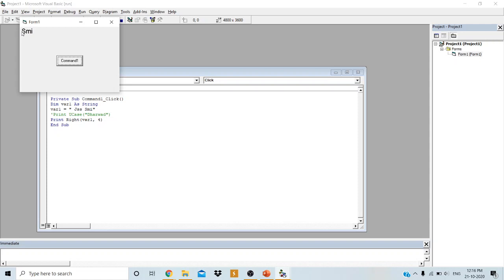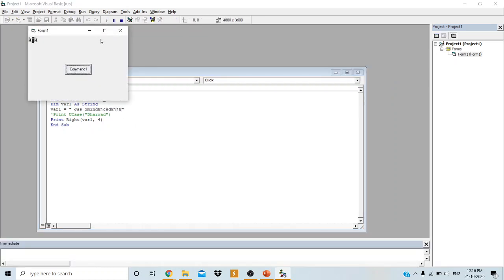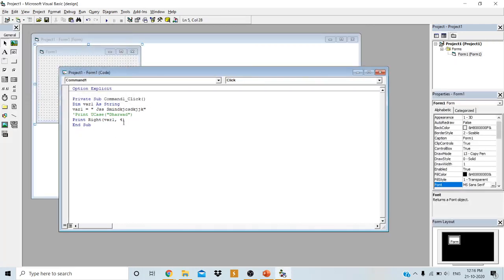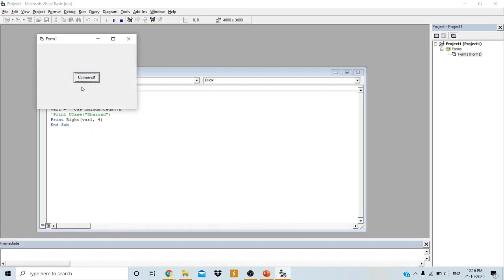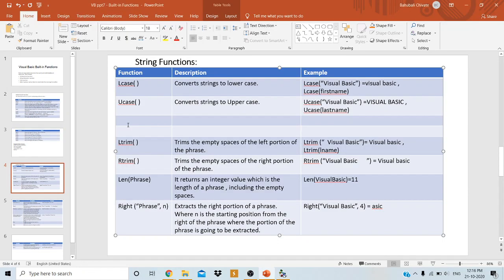See, there is a single space and then SMI. The last 4 characters, from the fourth character. Got it, everybody? Any doubts here? Any doubts till now? Anybody? No, sir.